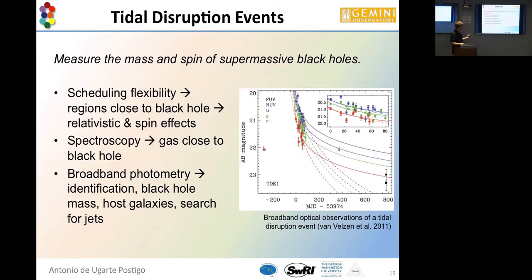kind of objects. Another thing that is very in fashion now is the study of tidal disruption events. And there's very little that I can say about these ones, because they are so varied in the handful of objects that have been studied to be tidal disruption events. There's a lot of different characteristics that have been observed. So having an instrument with such a broad wavelength coverage, and the possibility also to do time-resolved studies, both in imaging and spectroscopy, can bring us a lot more detail and insight into this kind of still not fully